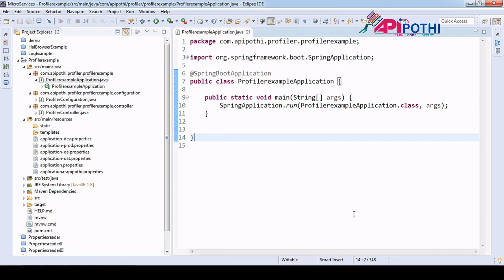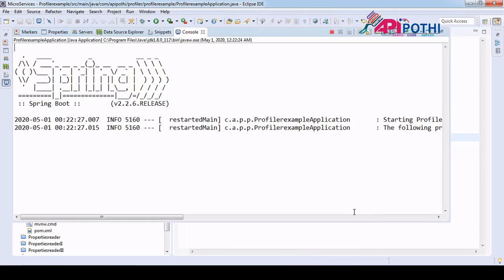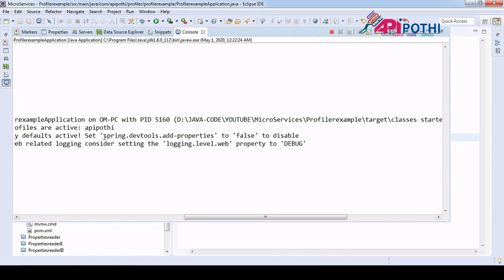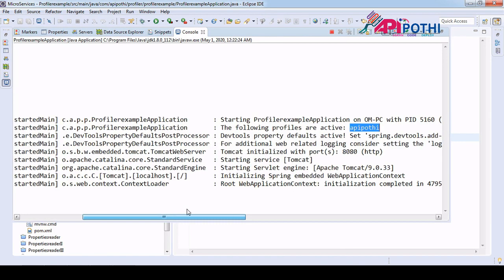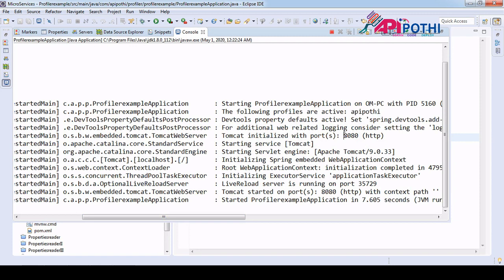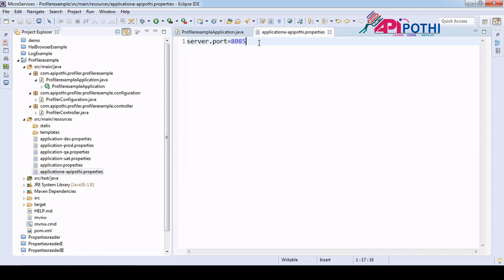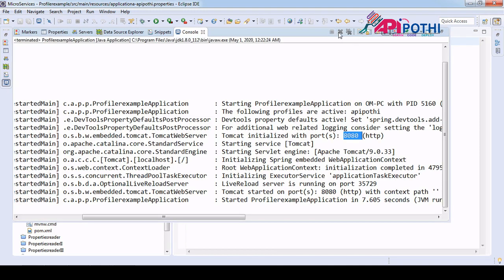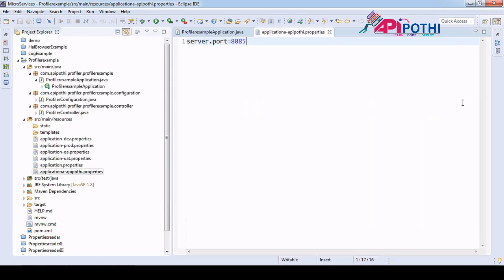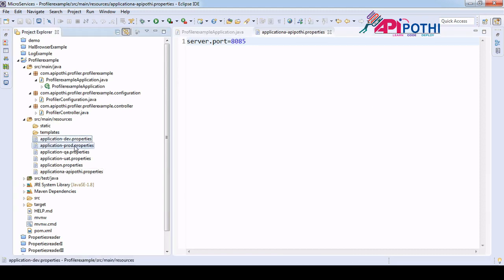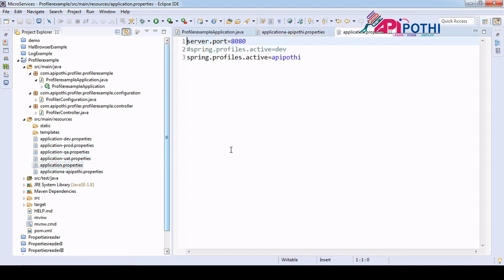Okay, so now if you run as Java application, you should be seeing that same profile. API Pothi is loading anyhow, but it is running on a different port. It is running on 8080. The probable reason is that 85 is also in use. That is the reason it is taking your default port. So anyhow I have to keep changing and then it will run, but that is not an issue. It is fine. But my intention is to show you how we are loading the different profile through our default profiler. So this is always called a default profiler.